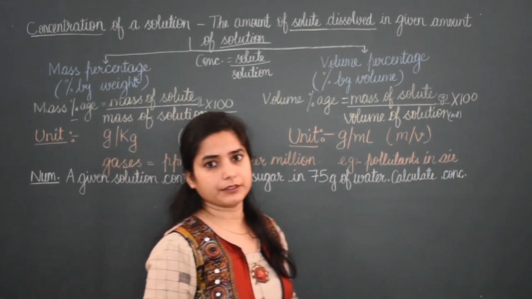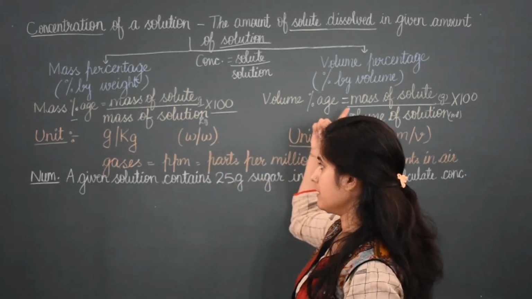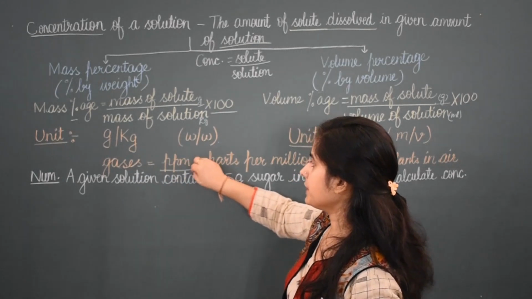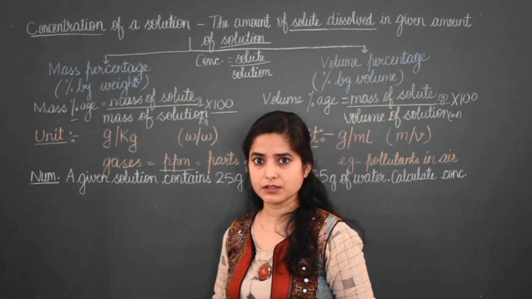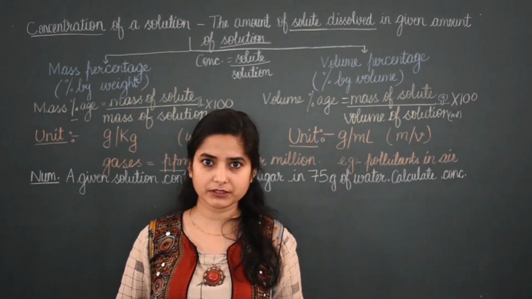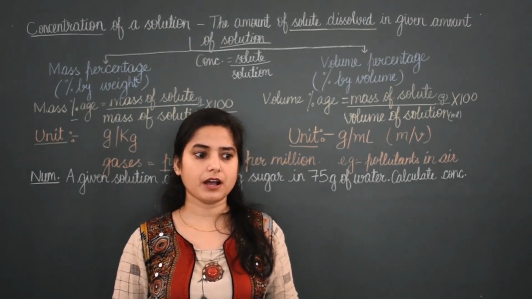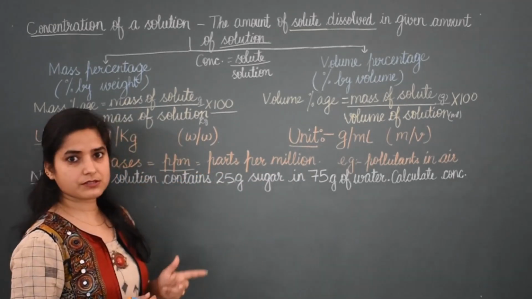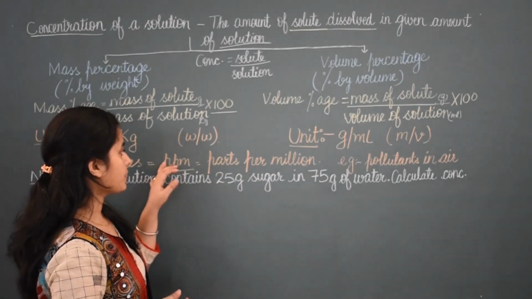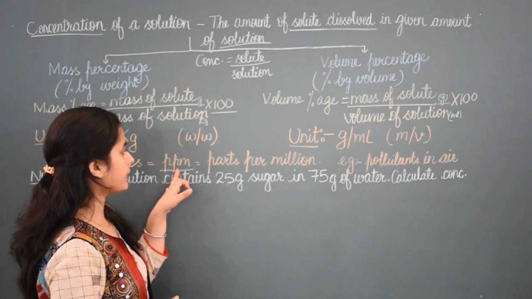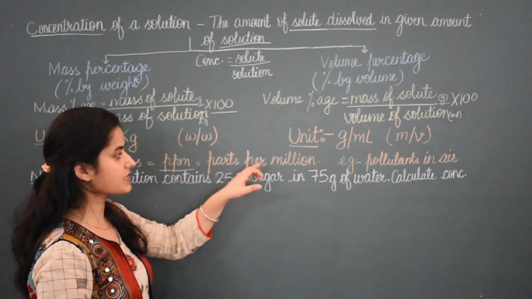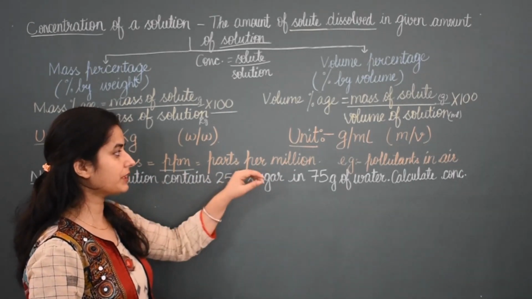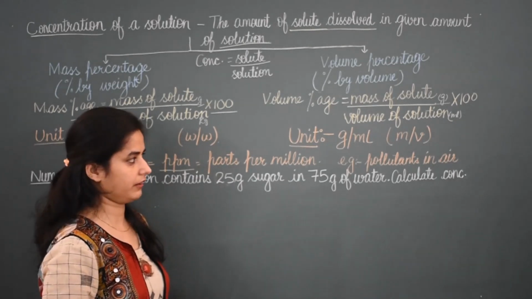And the third one is for gases, as the previous ones are for solids and liquids. Gases we take differently. This unit is ppm. Maybe you have seen it mostly after Deepavali or after storms. This term is used too much. ppm means parts per million, meaning how many parts of something are present in per million parts of air.